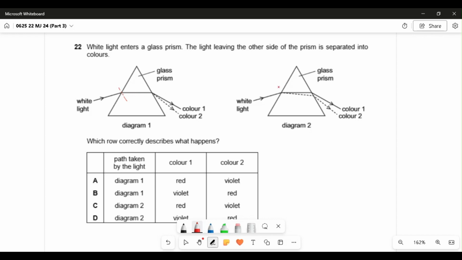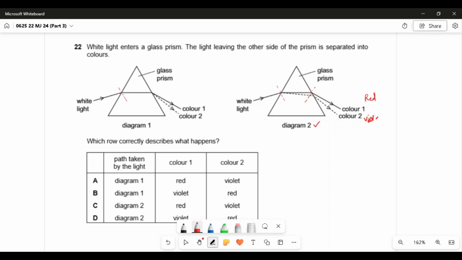But in diagram 2, you can see the refraction has already started. When it is on the other side, again there is more refraction. So diagram 2 is the proper diagram. And whenever white light enters, our first color is red and the last color is violet,